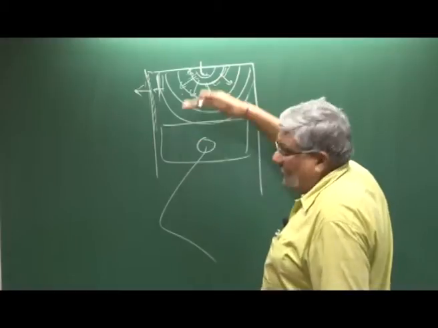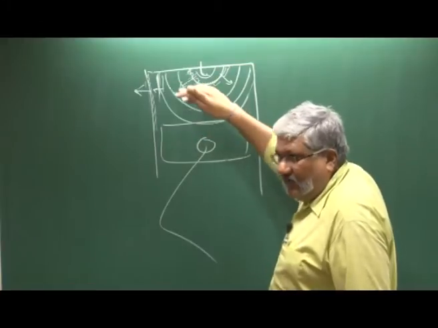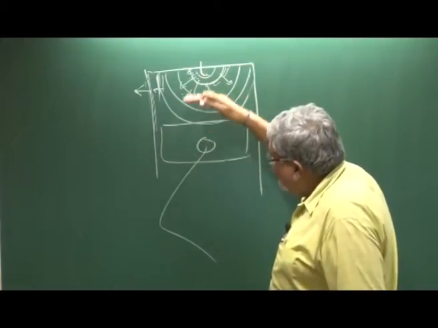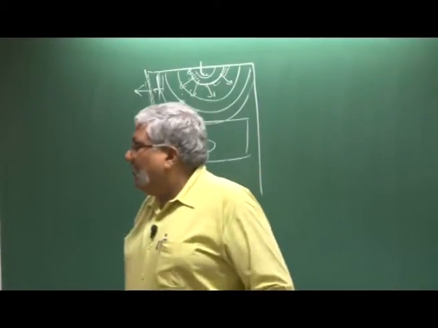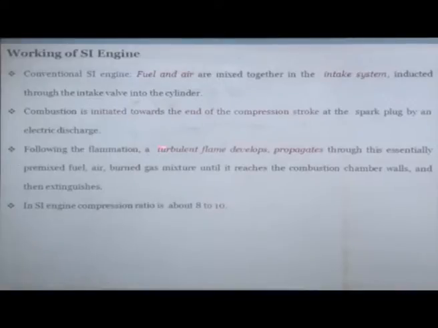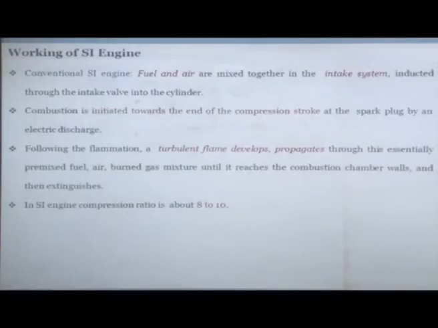So, then the intake valve opens, burnt gases are already there, fresh air comes in, fresh fuel comes in, fuel air mixture comes in. So, in the intake stroke, what will be the constituents of the cylinder? So, the constituents of the cylinder will include premixed fuel and air plus the burnt gases mixture from the previous cycle. Okay? So, it reaches, and then the flames will go very close to the combustion chamber wall, and then they will extinguish. Okay? So, is this clear how this happens? I will discuss this further.